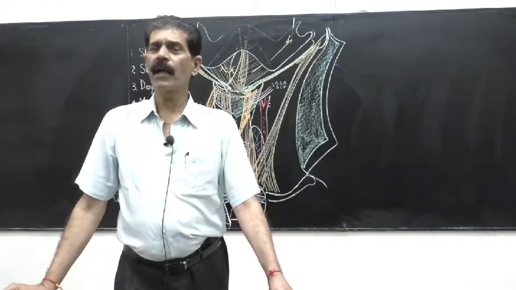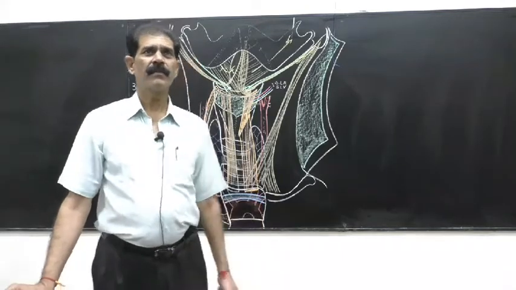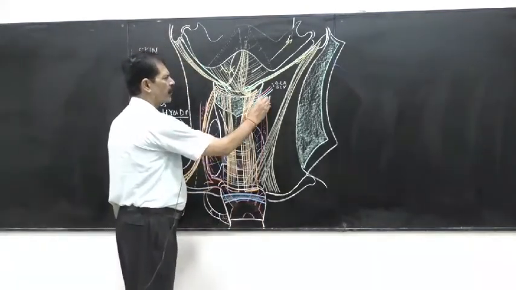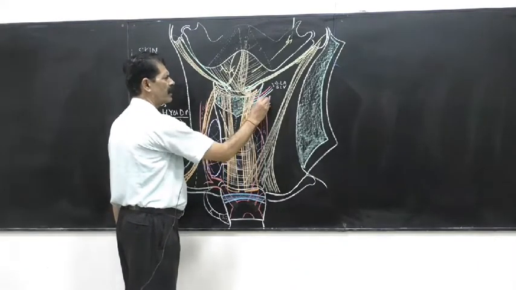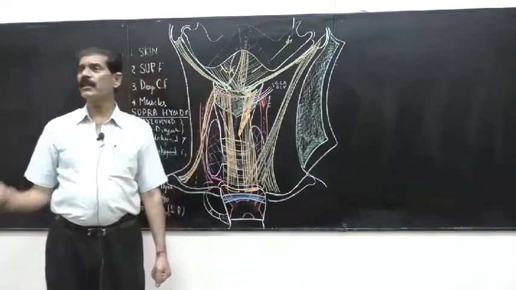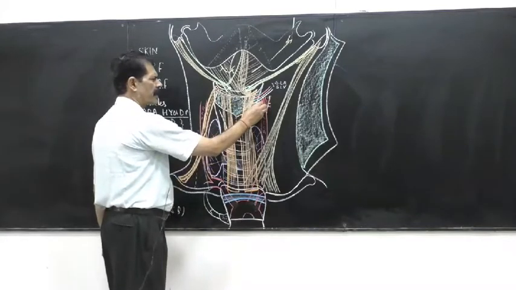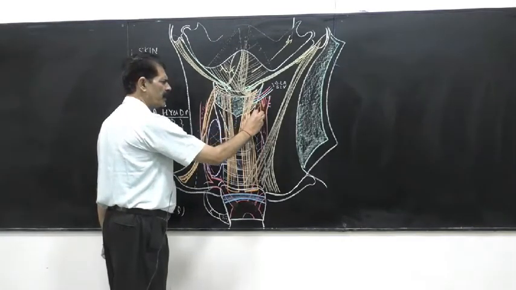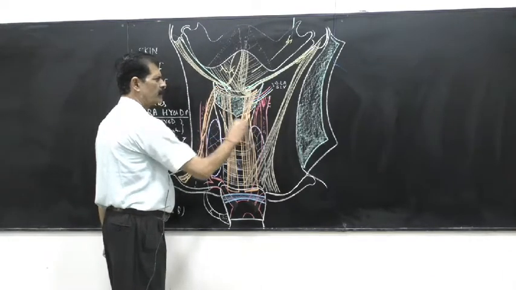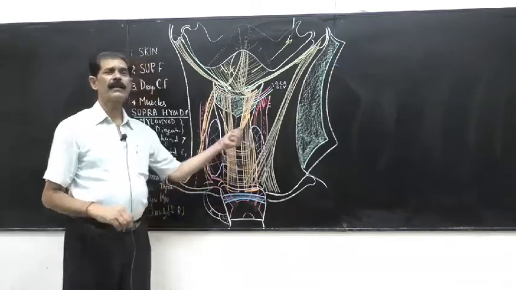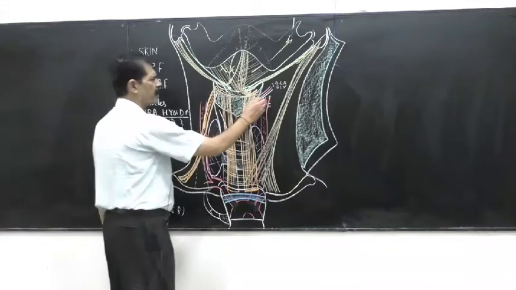The external carotid artery has got eight branches, which you have done. The first branch, between the bifurcation, is the ascending pharyngeal artery. Ascending pharyngeal is the first branch. Then at the same level, the second branch is coming towards the upper pole of the thyroid gland: the superior thyroid artery. The superior thyroid artery is a branch of the external carotid. Then this external carotid artery goes up.